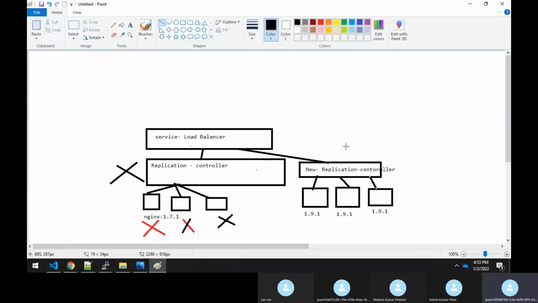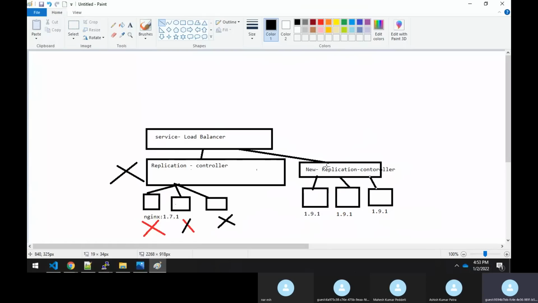Clear, sir? This is what we had discussed yesterday. Here you just have to tell theoretically, whenever an interviewer asks you, how the rolling update happens in case of a replication controller. You have to say that a new controller will get created, and one by one, all the pods will get deleted from the older replication controller, and in the new replication controller all the new pods are getting created with the new application version.